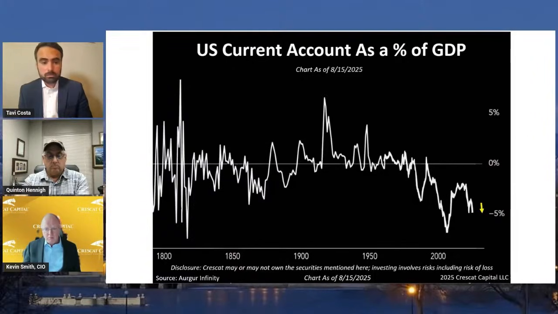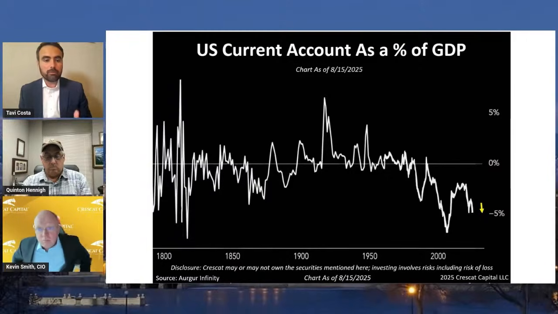And I like to look back at the 1940s or 1970s often, and I'll do this again in this presentation. But are those real comparable periods? Even the 1940s, I mean, look at this chart and you can see that the current account of the US relative to GDP was actually much more of a surplus than even a deficit at that time.